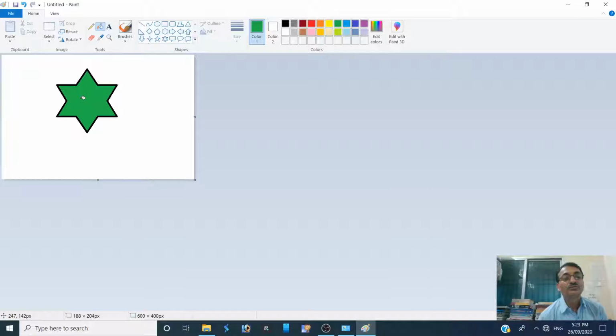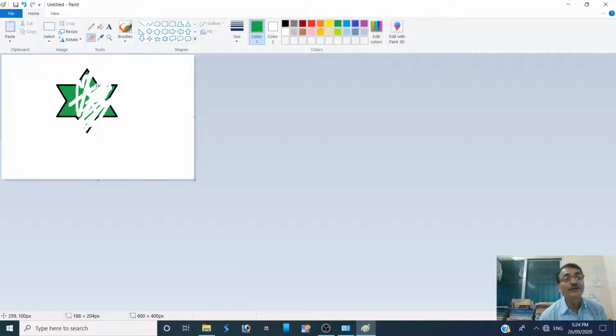Okay, so suppose we require to, this is treated as a wiper. So we can rubber it, maybe, to omit the drawn area.